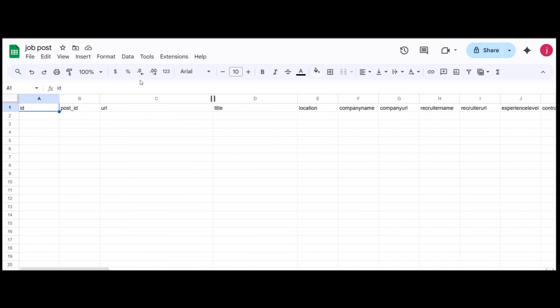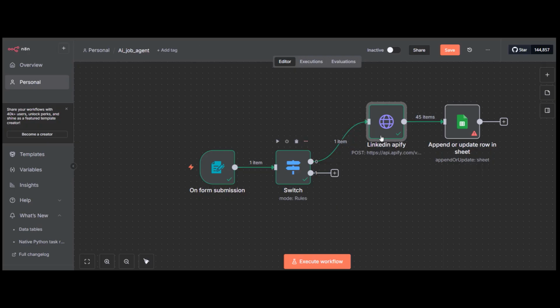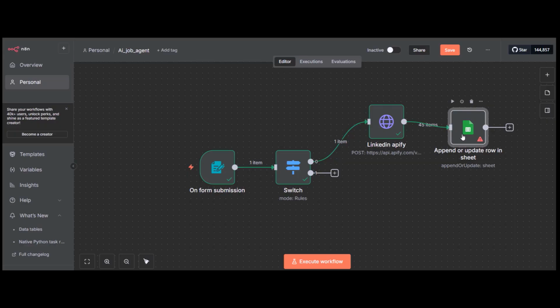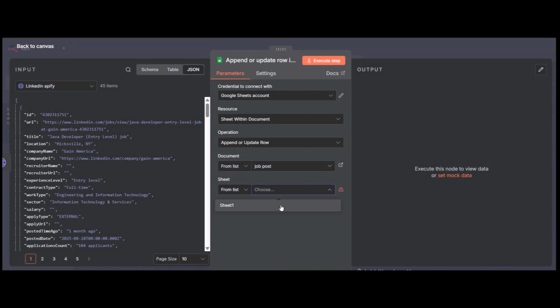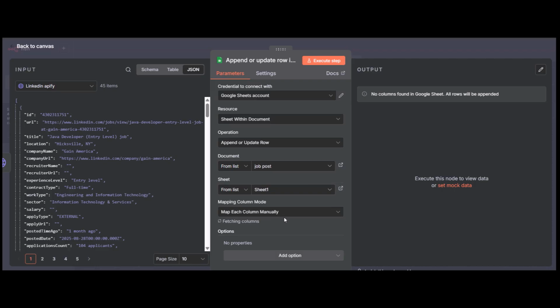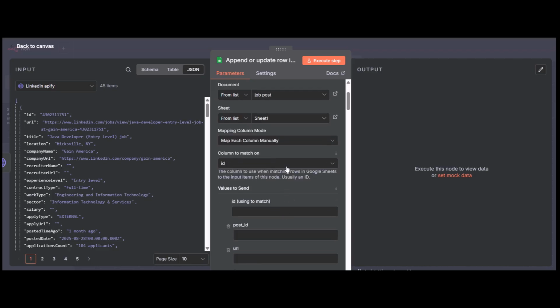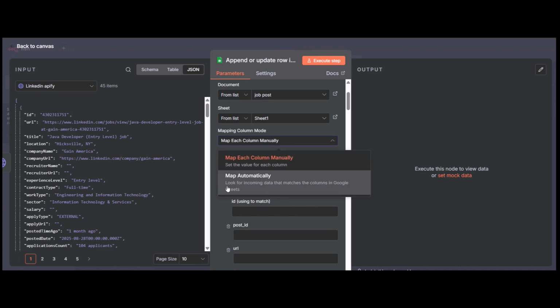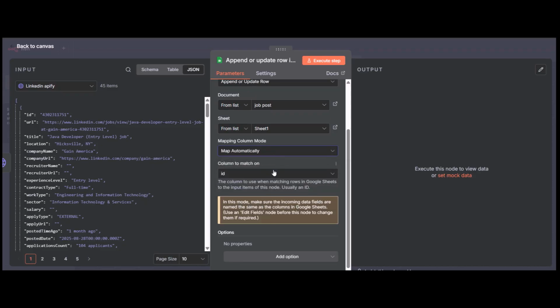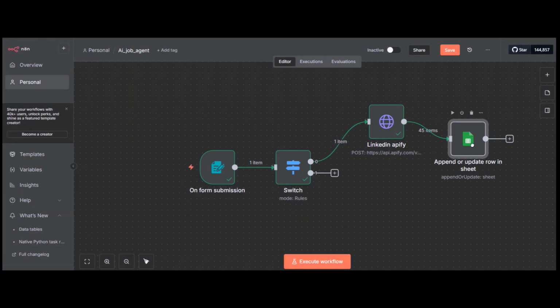After that, what I need to do is go back, select this and choose the sheet. That is my first sheet. And now I'm going to choose map automatically here, because I already know the column names. That's why I'm going to choose map automatically, right? So go back to the canvas from here,